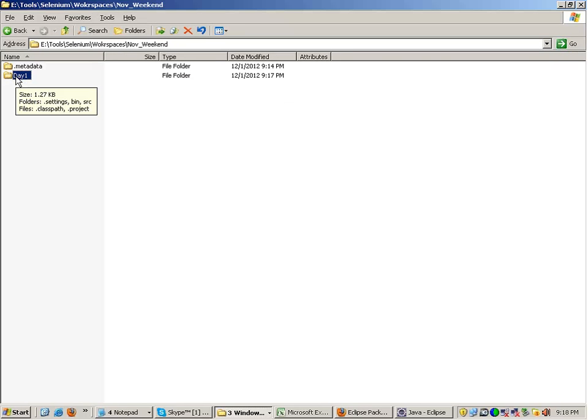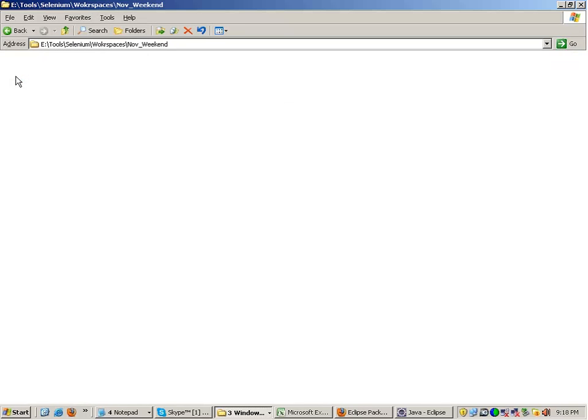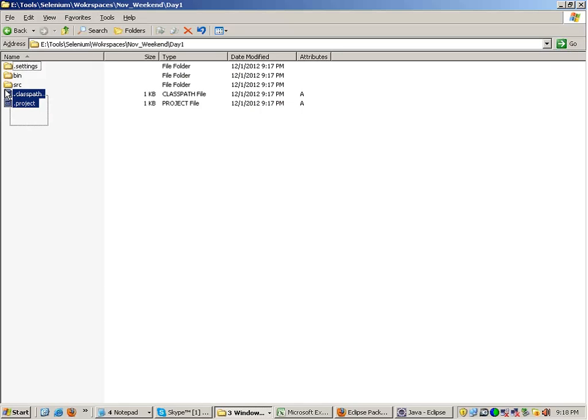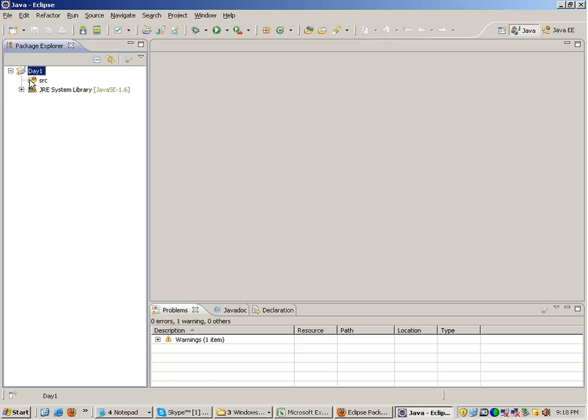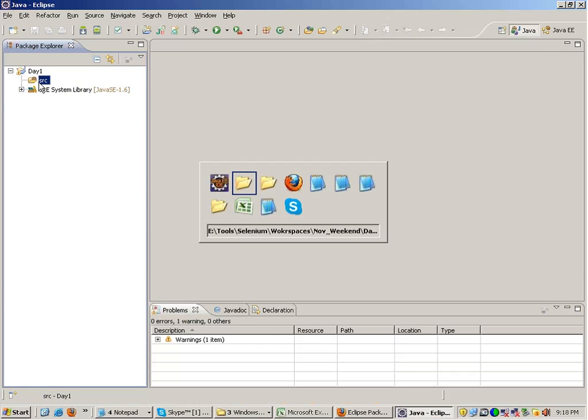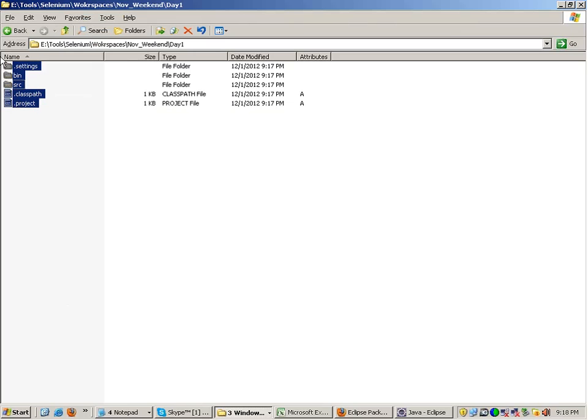You will see this day 1 project under the workspace. Inside day 1 project there are lots of folders and files, out of which only the source folder is available here in Eclipse. Now in this source folder we will be keeping the Java code. The rest of the folders, what they do, we will come to know about them as the course proceeds.